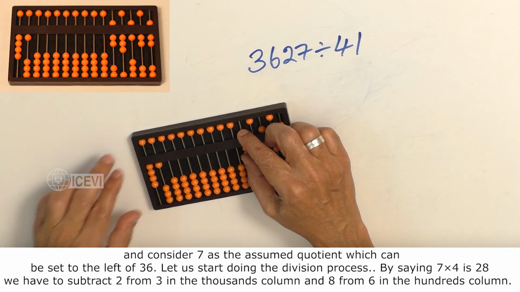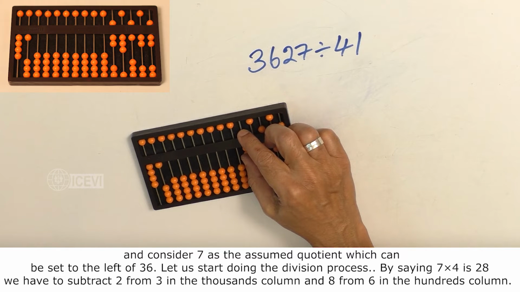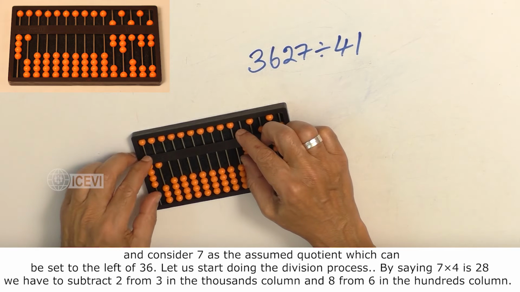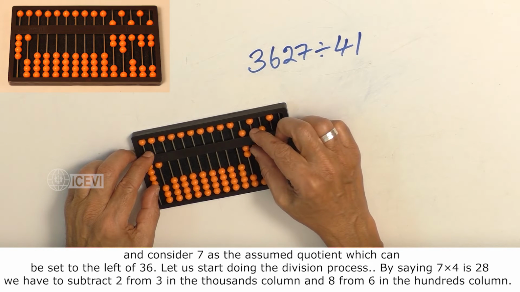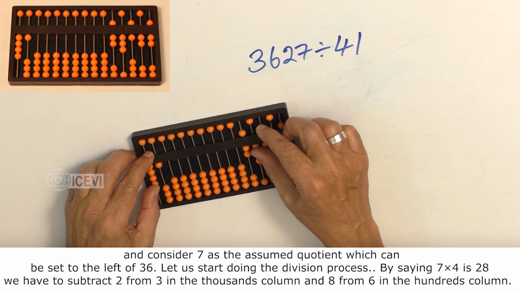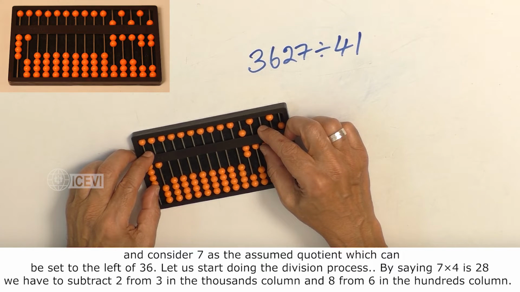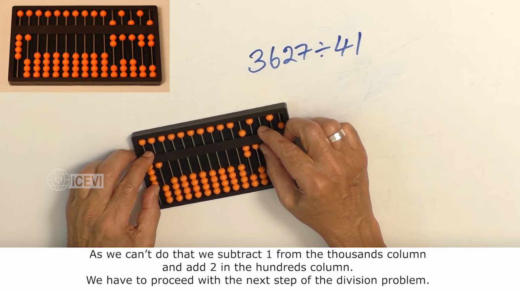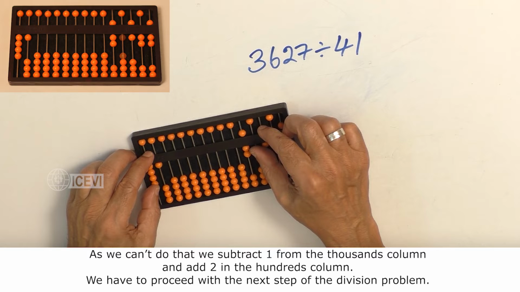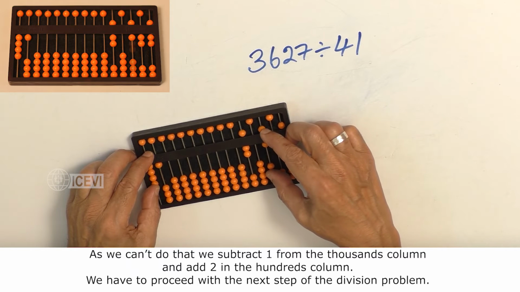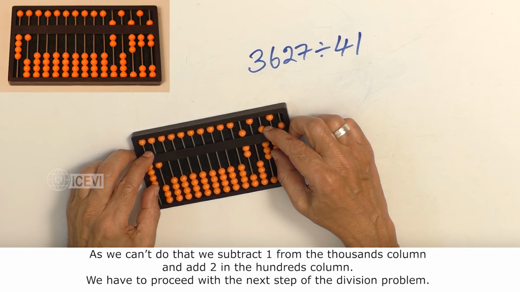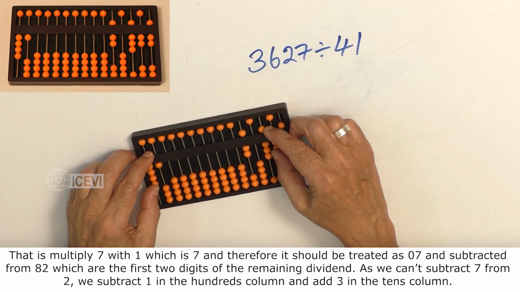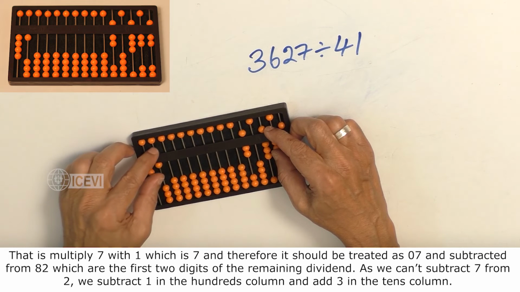Let us start doing the division process by saying 7 multiplied by 4 is 28. We have to subtract 2 from 3 in the thousands column and 8 from 6 in the hundreds column. As we can't do that, we have to subtract 1 from the thousands column and add 2 in the hundreds column. We have to proceed with the next step of the division problem, that is multiply 7 with 1, which is 7,